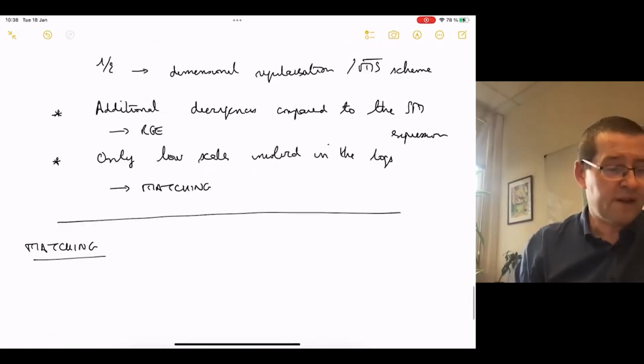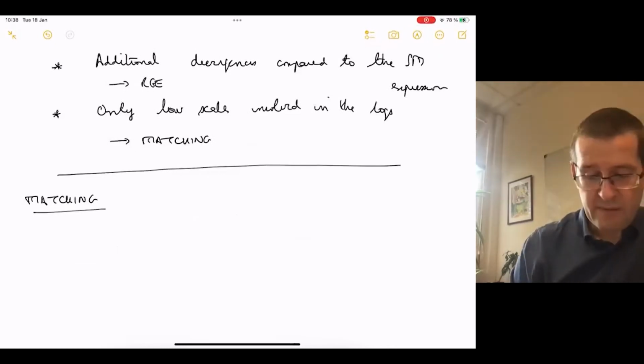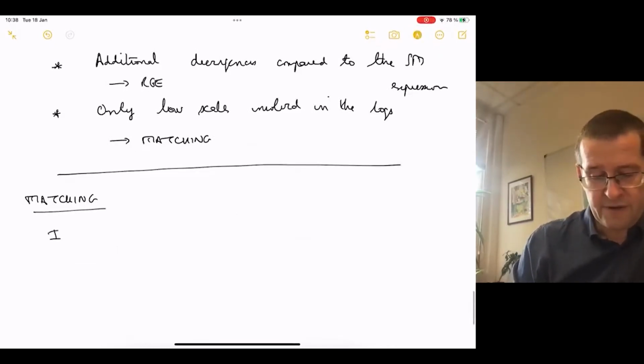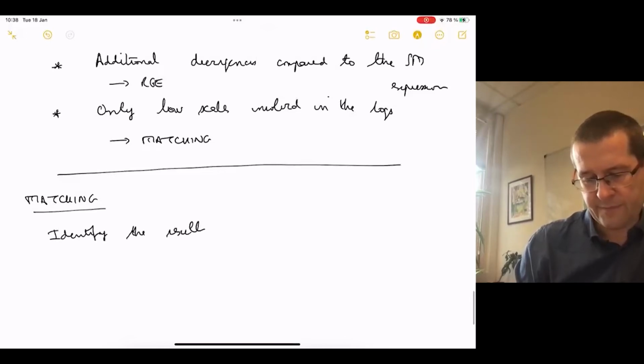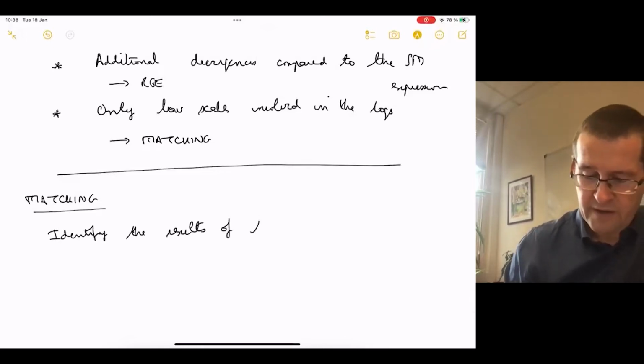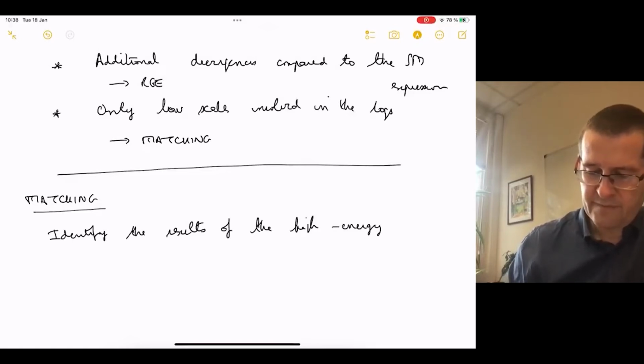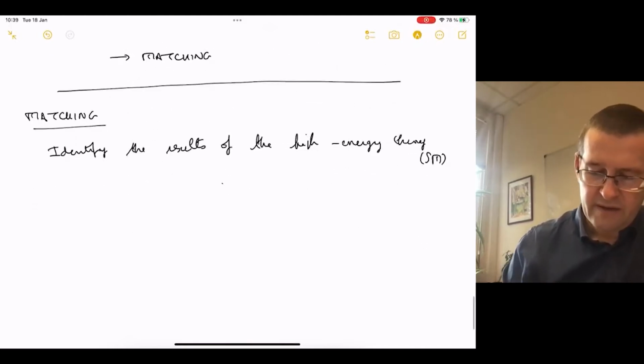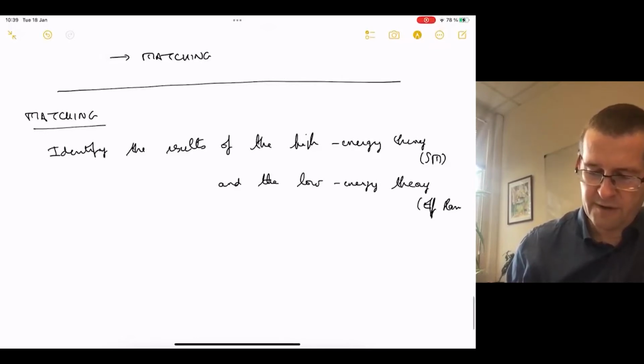It means that if I want to identify the results of the high energy theory, which is the standard model, and the low energy theory, which is this effective Hamiltonian,